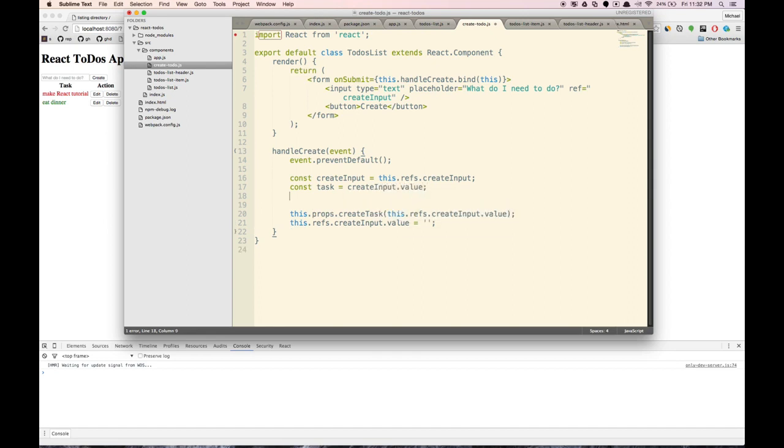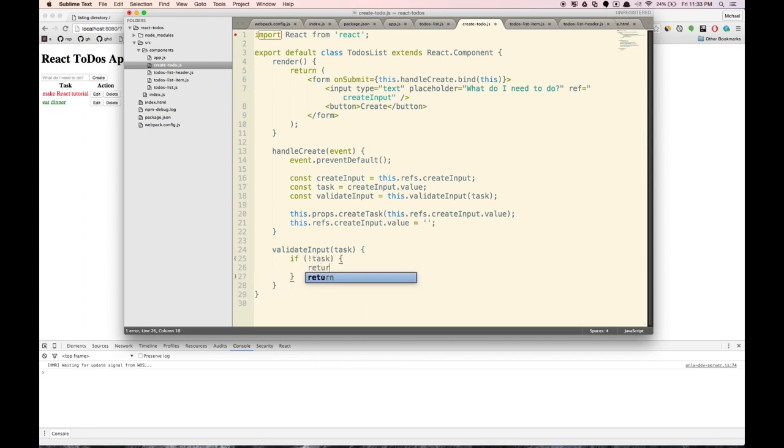input.value. And then we're going to say const validateInput is going to be equal to this.validateInput(task). So we're going to take this task and we're going to analyze it to see if there's anything wrong with it. So let's create our validateInput. Basically, if it's empty or if it repeats another item in the list, we are going to want to display an error. And so first let's say if there is no task,